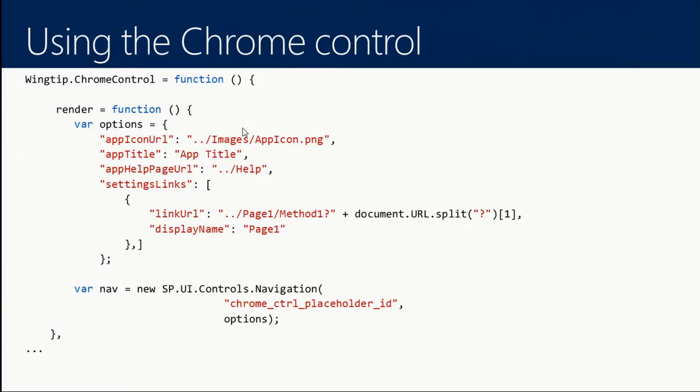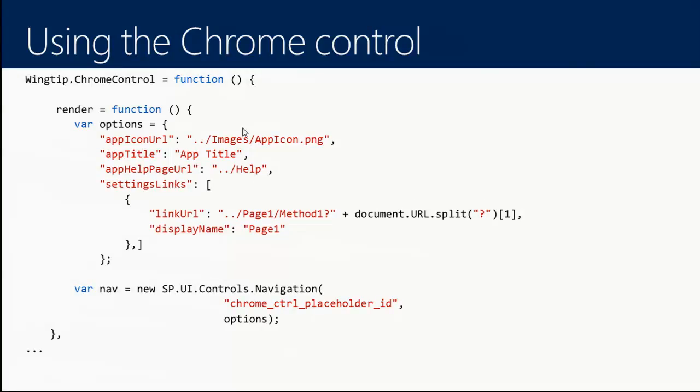If you're not using ASPX pages, if you're using HTML, then you're not going to get this automatic chroming of your app. Instead, what you'll want to use is something called the Chrome control. The Chrome control comes from the library sp.ui.controls.navigation. So it's a SharePoint library found in the layouts directory. And what it does is it takes the URL of the host web. Remember I said when your app starts, you are passed in certain standard tokens. One of them is the URL of the host web. So this object, sp.ui.controls.navigation, takes the URL of the hosting web,